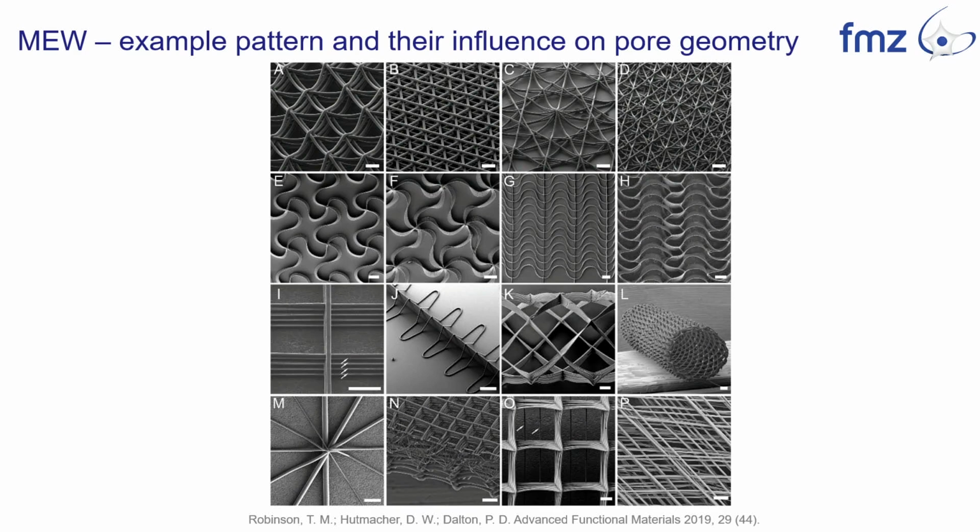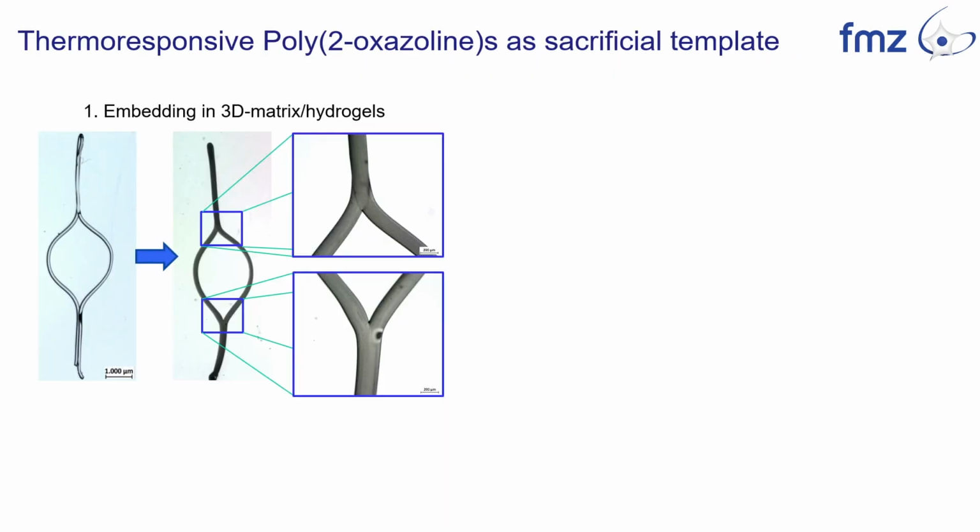With this technology, you can create several, let's say, forms of art, I would guess, because not everything is functional in a biological sense, but there are many applications already. So in this project, I took the polyoxazoline and used melt electrowriting with it to generate this vasculature-looking form. And as you can see here,